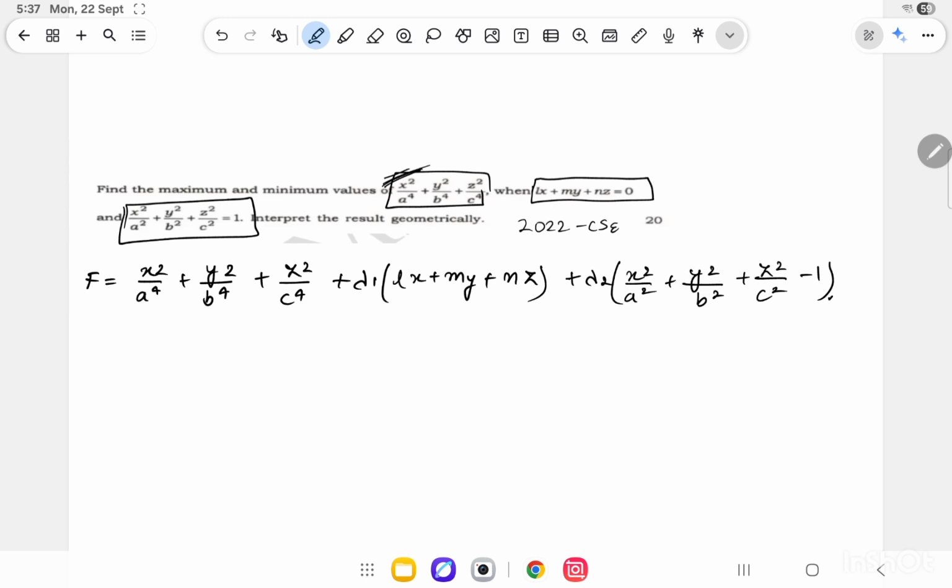So for that, to find the points where it can attain maxima or minima, let's take the